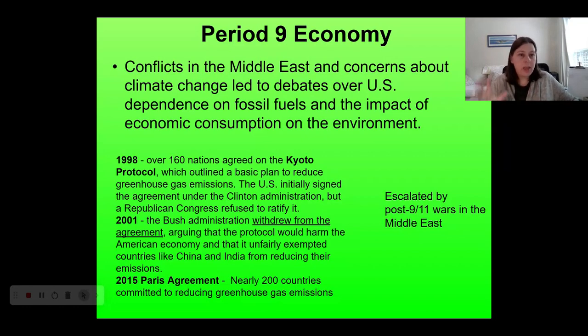Sort of a similar vibe in 2015 under the Obama administration. The United States is a pilot of what's called the Paris Climate Agreement, where a bunch of countries, again, are committing to reduce greenhouse gases and a variety of other climate pledges, and then we withdraw from that after Trump is elected in 2016. So there's this continual push and pull over what kinds of policy we should have around environmental regulations.